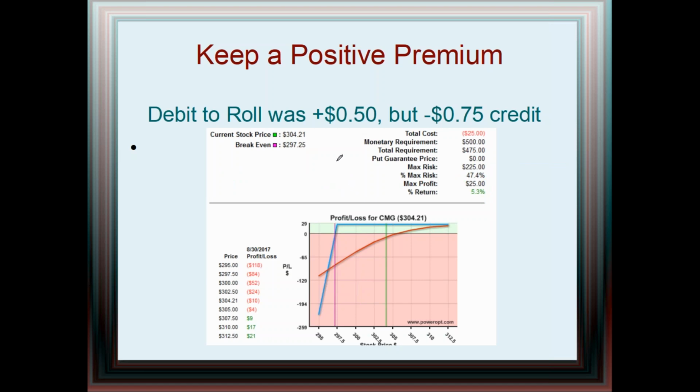We saw that. So the goal here, the way number 3 works, of course, is if your debit to roll to the lower strike is still less than the initial net credit. Sean's absolutely right. If it's greater than the net credit, this won't work. In this case, real world prices, I could roll down the CMG spread 1 strike, get a little bit more cushion, still keep a positive 5.3% return instead of taking a $1.30 loss on the trade. Okay? All right, so